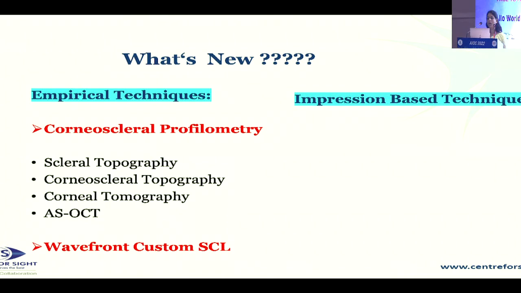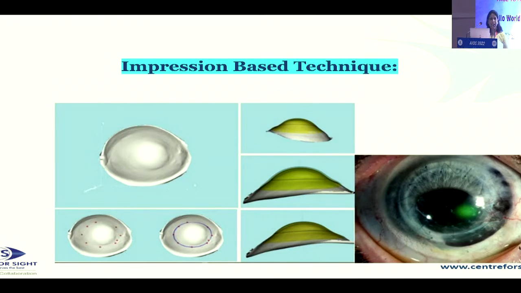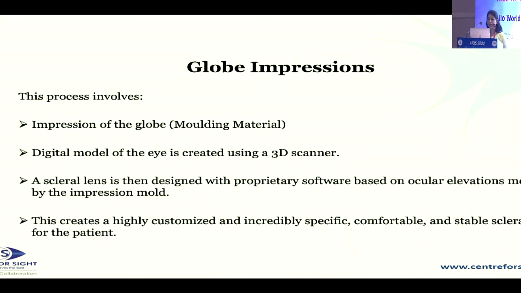The second technology, which is very popular and about to come to India very soon, is impression-based technology. It is a custom mold. The predominant market is Eyeprint Prosthetics. We'll cover the impression-based technology. What it does is take a globe impression. The process involved is that we take a globe impression with a molding material. It makes a digital model of the eye using a 3D scanner, and the scleral lens is